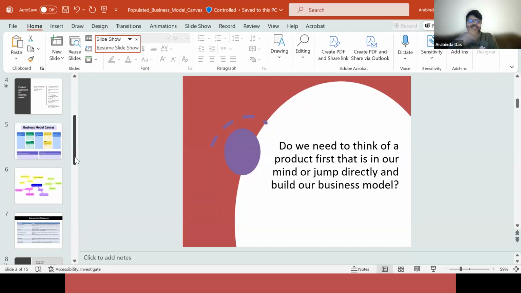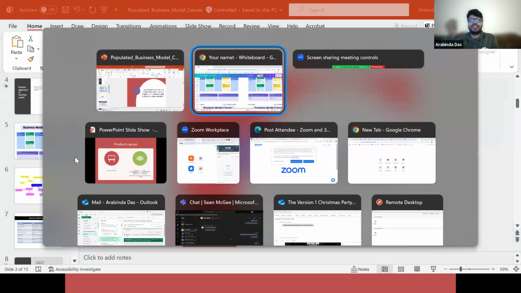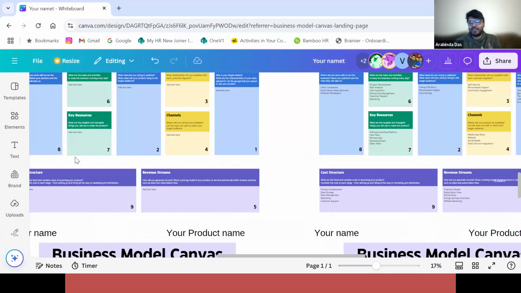Right. Yes. That is why I have started using the business model canvas in that way, thinking of a product. I have been working on product development for a long time now, so I always think of the product in terms of the pain point. Whenever you are trying to build anything from scratch, it can be a small pain point, a small problem that you are trying to solve for your client. That idea or feature can be put into this business model canvas, and you can show it to the client: this is what we have thought of and this is what we are trying to deliver to you.